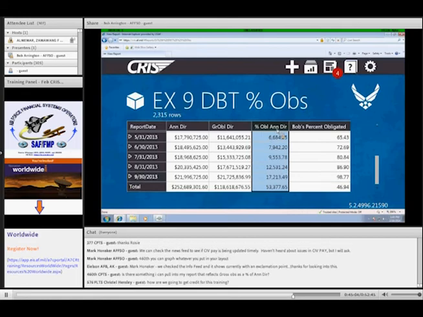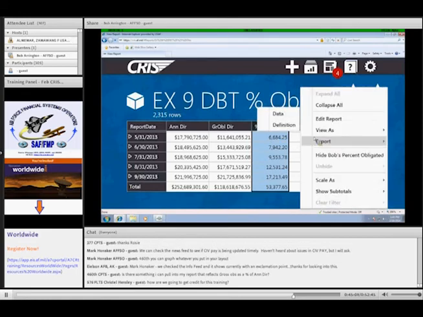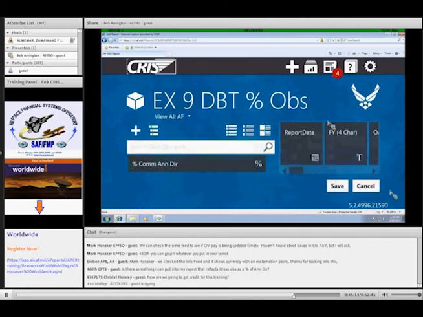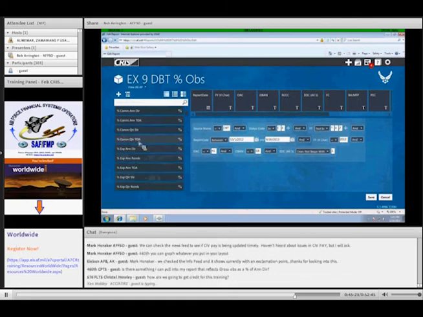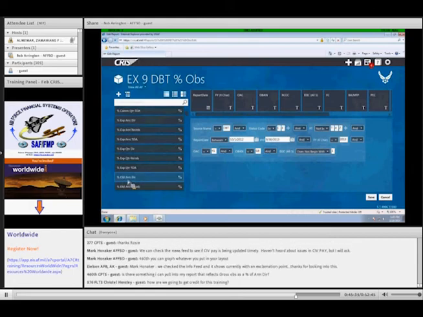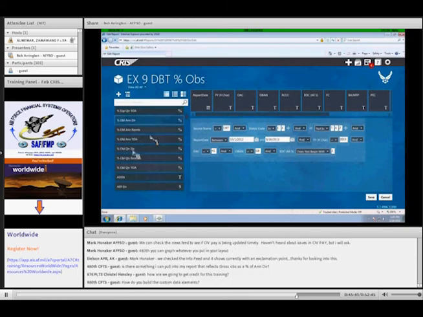Let me edit this, and I'll show you the one that I've done. I'll have to get back to 100% here. Here's your percent data elements. They show up in your data element column, and there's all kinds of percentage calculations: your commitments, annual TOA, total obligation authority. There's the obligated annual direct that's not working right now. There's one for reimbursements, just all kinds of percentage calculations.